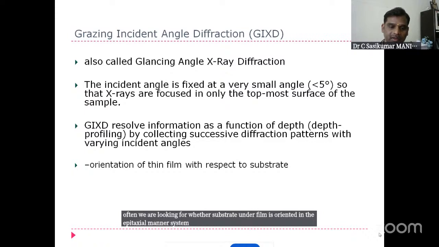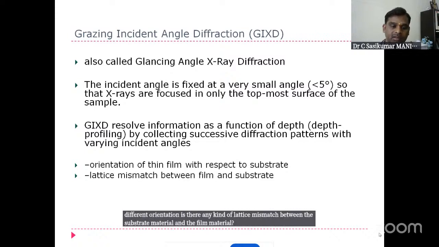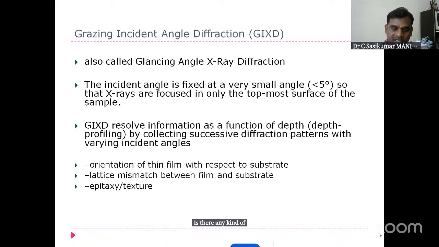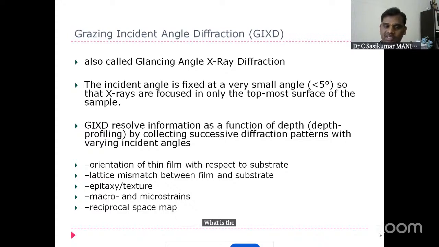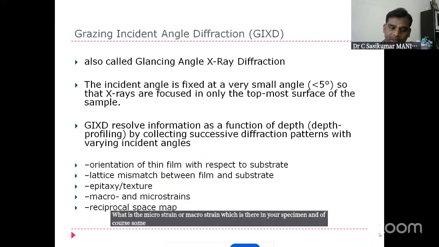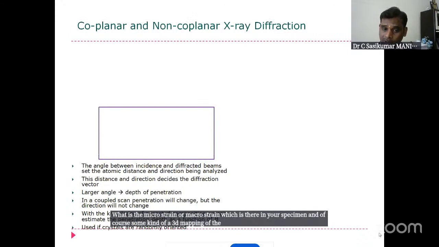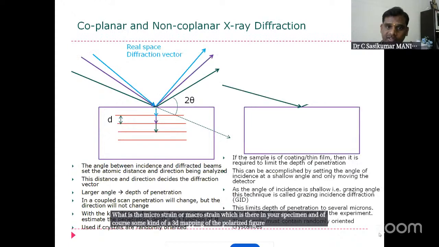Systematically it is oriented, or it is going to have a different orientation. Is there any kind of lattice mismatch between the substrate material and the film material? And is there any kind of epitaxy or texture in the film? And what is the micro strain or macro strain in your specimen? And of course, some kind of 3D mapping of the pole figure you can also get out of this